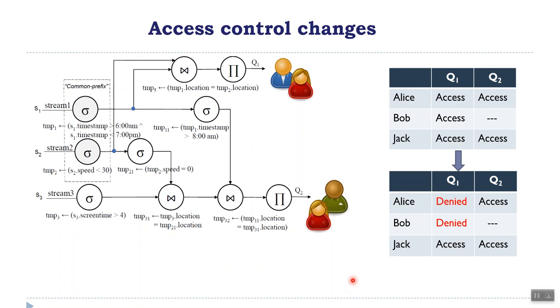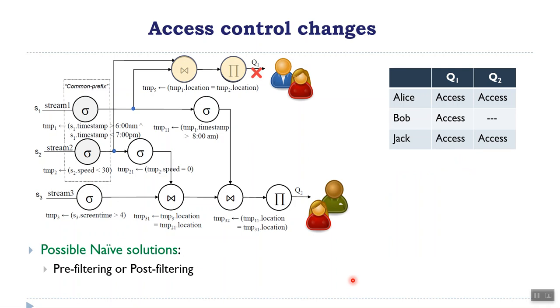In the past, there have been some solutions proposed, but we consider those solutions as naive solutions. One of those solutions is pre-filtering and post-filtering. Pre-filtering means cutting off the streams that are feeding into the network. And obviously, this solution doesn't work in the case of multi-tenant operator networks, because then you're cutting off the stream to all the other parts of the network that are still allowed, where some users are still allowed access to those. On the other hand, post-filtering means cutting off the query outputs to those users who are denied